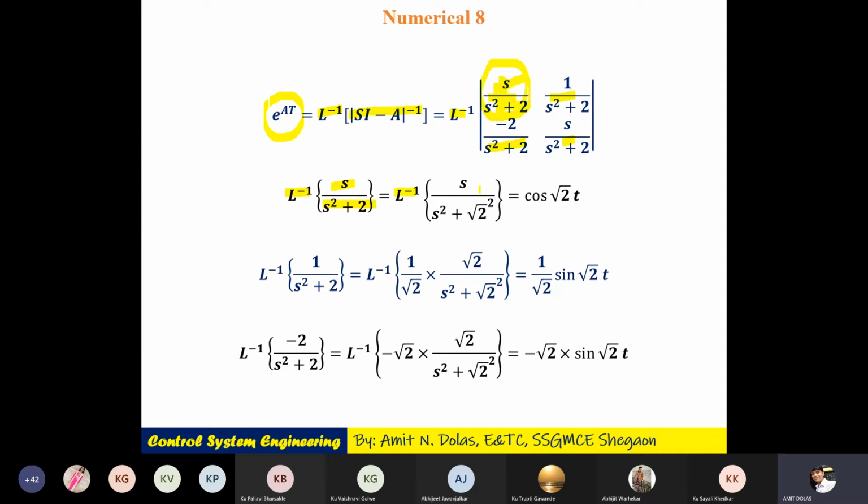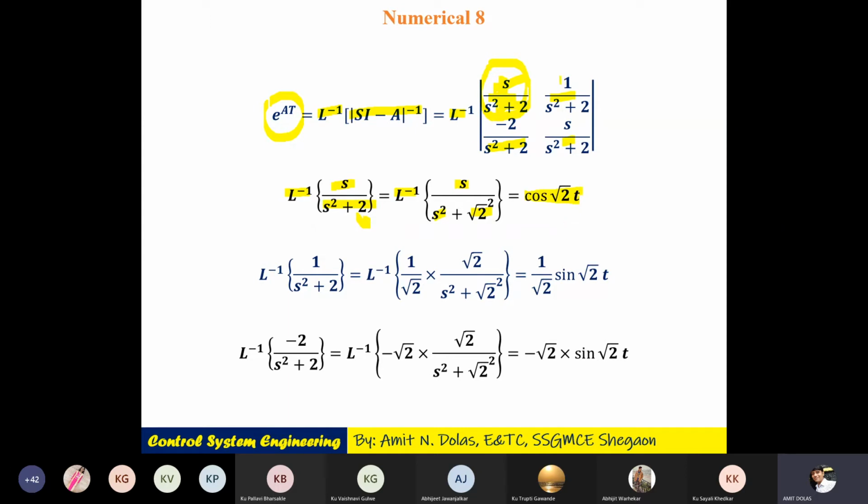So inverse Laplace transform, because we have seen in the very first unit how we convert Laplace to inverse Laplace and back, so S domain to time. So we have S upon S square plus 2, meaning it will be of the form S upon S square plus a square. So these two we wrote as root 2 square. So it will be S upon S square plus a square, and for that the inverse Laplace is cos of at. So we wrote cos root 2 t.